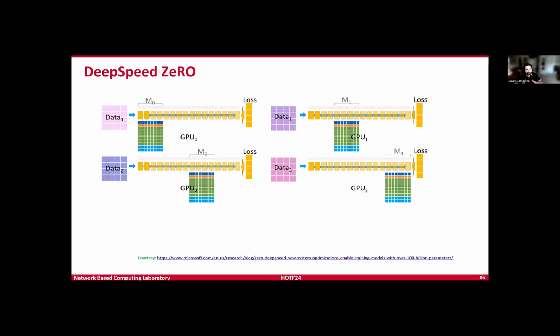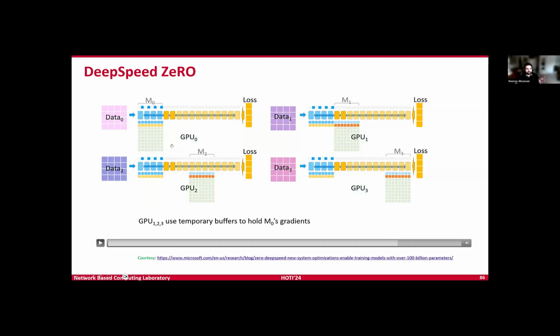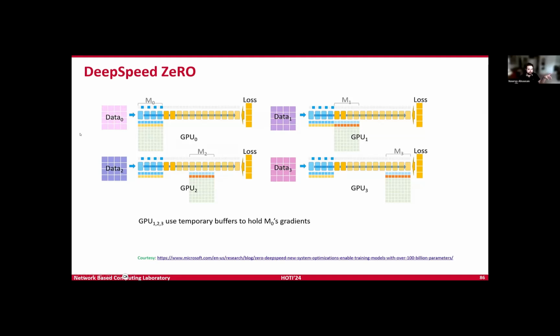Again, the purpose of this is just to save memory. We started with fully replicated data parallelism, where we have a copy of the entire model on all of the GPUs. Let me go back here. You see, this is data parallelism, the regular data parallelism. We need to save all of the model, so we have redundancy or repetition in the data. Whereas with the ZeRO optimizer, we're sharding the data, meaning each GPU will hold a smaller part and we can save memory, so we can fit larger models on larger systems.